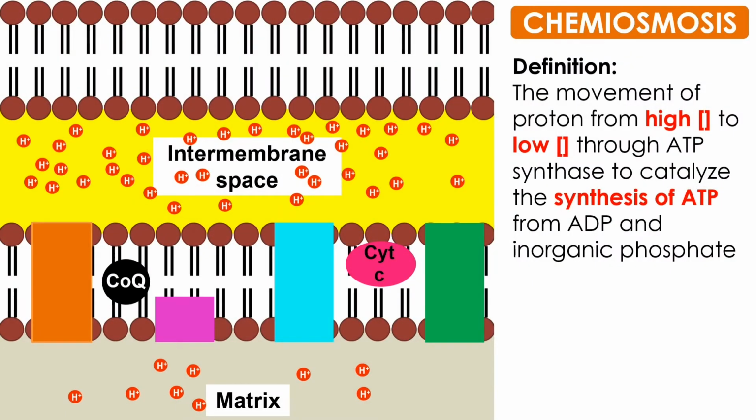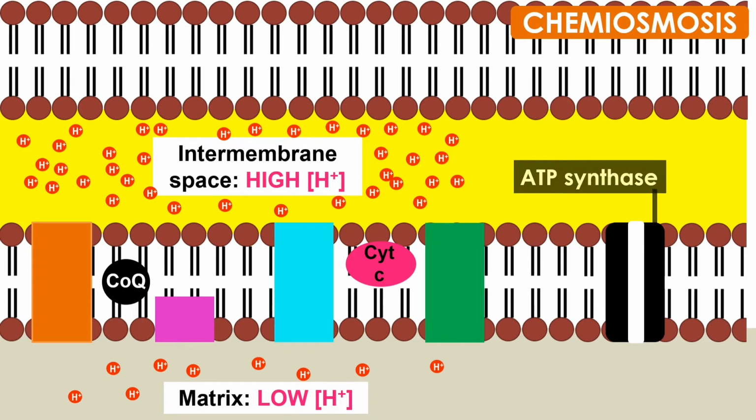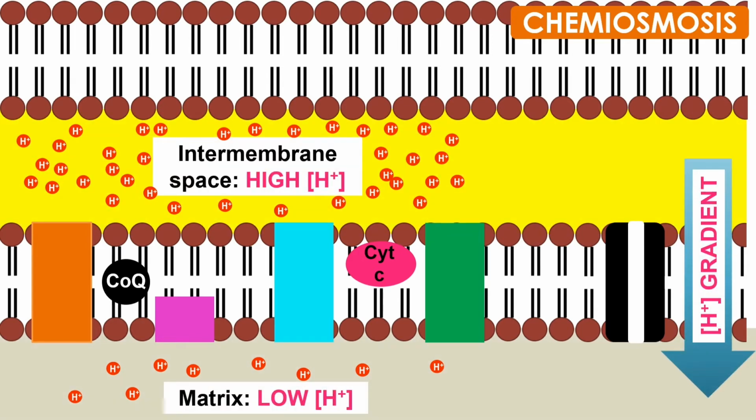The second process in oxidative phosphorylation is chemiosmosis. Chemiosmosis refers to the movement of protons from high concentration to low concentration through ATP synthase. ATP synthase catalyzes the synthesis of ATP from ADP and phosphate. The difference in the concentration of protons between the matrix and the intermembrane space was previously established through the electron transport